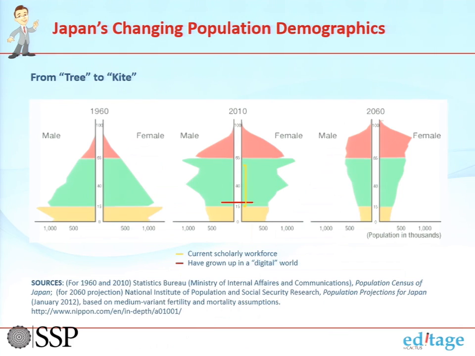But if you look at Japan, 1960s to 2010 to 2060, it's a common phrase, from tree to kite. Their demographics are hugely changing. The tree being on the left, the whatever it is in the middle, and what they refer to as the kite on the right. So Japan's population right now is very old and getting increasingly old, and they're actually very concerned about the fact that the older generation is not passing off enough to the younger generation on business and other things, but just so that you know, in demographics, as we move forward, the younger generation is being squeezed.